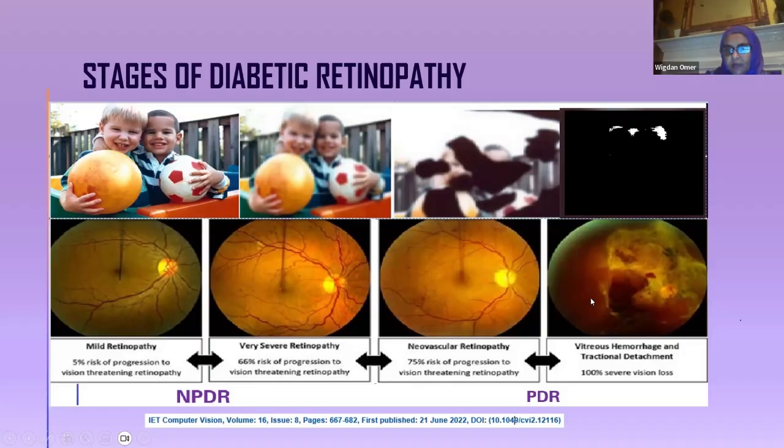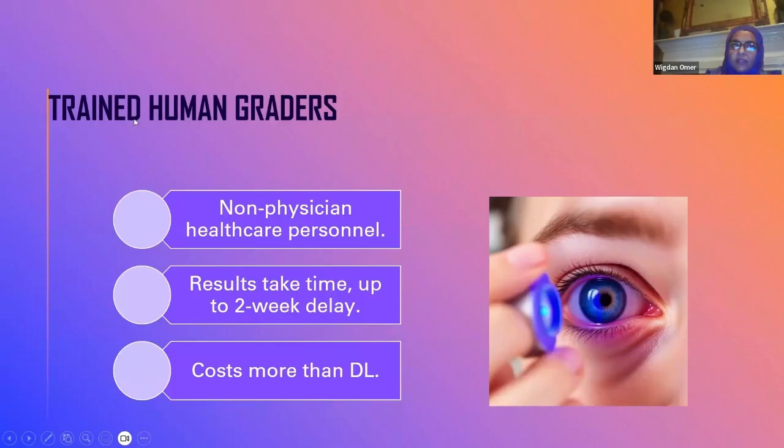blindness. So in the study, they compared the trained human graders versus the AI deep learning. Those human graders are not ophthalmologists. They're actually healthcare personnel who are non-physicians. The results can take time, all the way up to 2 weeks delay, and it actually costs more than the